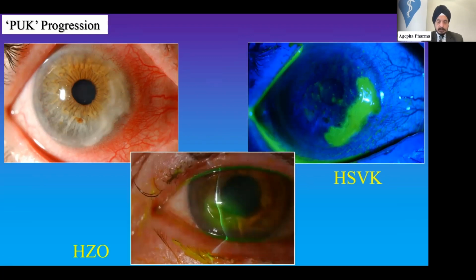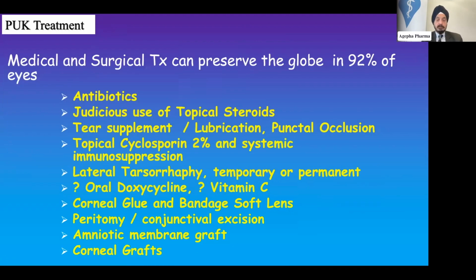And melts, of course, can again mimic a PUK. By definition, it's peripheral, it's ulcerative, and so on, but it's an infectious cause, not an immune cause. How do we treat these? Again, there's the same lot of treatments. So you're trying to prevent the infection or treat one if it's there. You're going to suppress the inflammation with steroids and immunosuppressants. You're trying to prevent the melting by using antiproteases, which is usually the tetracycline group of drugs,